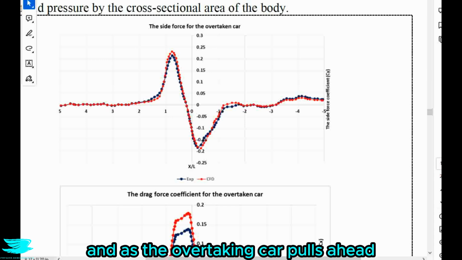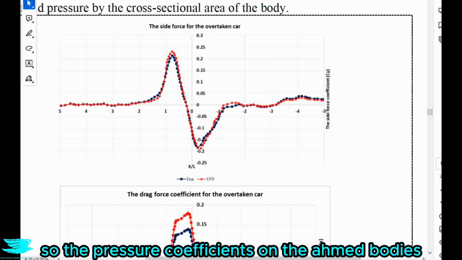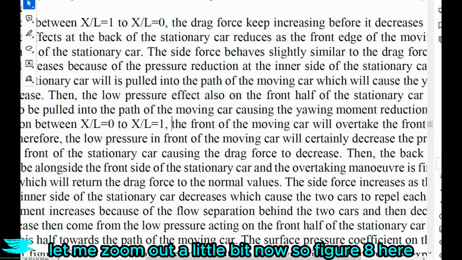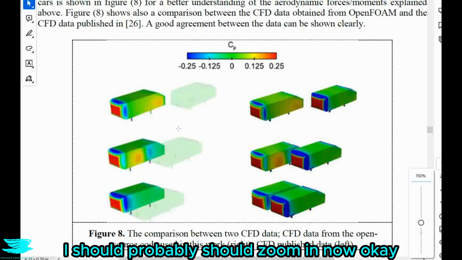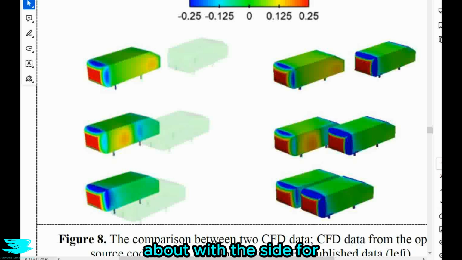And as the overtaking car pulls ahead, the side force returns to about normal. So the pressure coefficients on the armored bodies can be seen in figure 8 throughout the overtaking maneuver. Let me zoom out a little bit now. So figure 8 here. Actually, I probably should zoom in now. Okay, here we go. And what we were talking about with the side force can kind of be seen